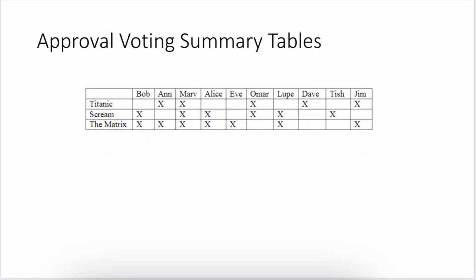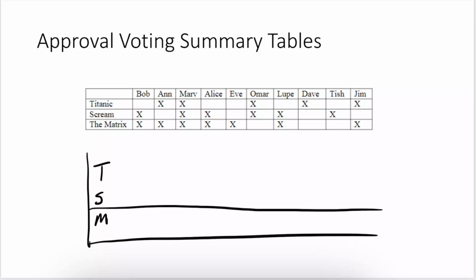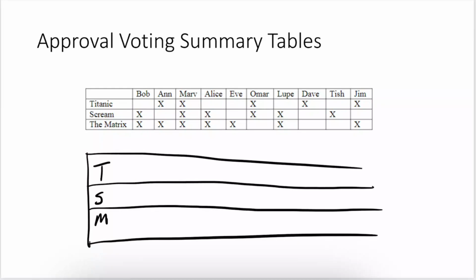Now, a lot of the time, we'll have approval voting summary tables. Instead of having each person's vote, you might have a summary table that says how many people voted the same way. So, for example, I could say I have the Titanic, the Scream, and the Matrix. And if I make a table to represent these votes, I could summarize the information that we had on the last slide